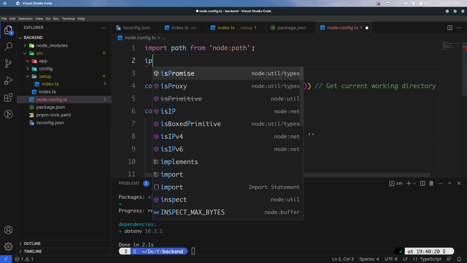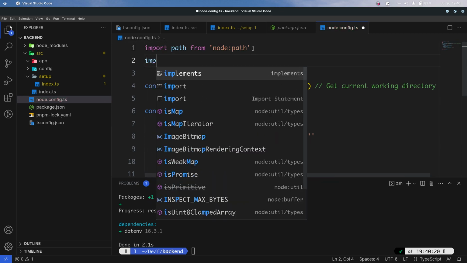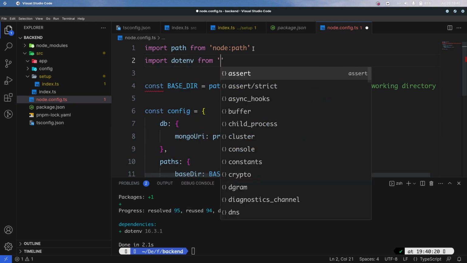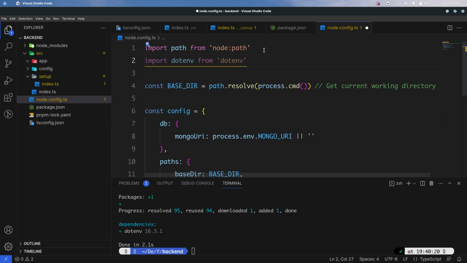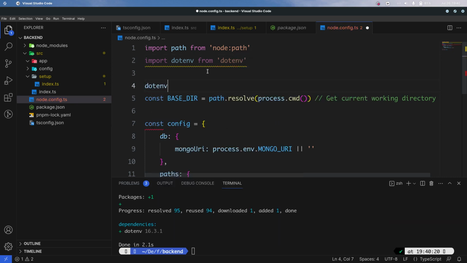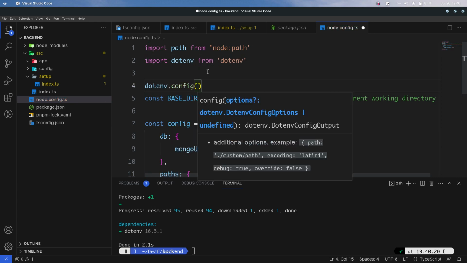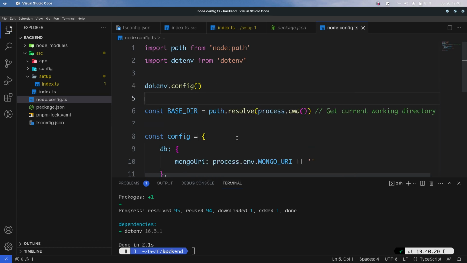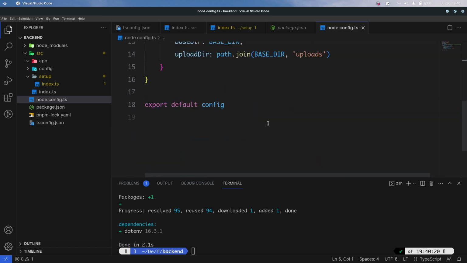So import dotenv from dotenv. Then we'll just call dotenv.config. Because it's in the root, we don't need to add anything. So it will be able to load our environment variables. Okay, so from here,